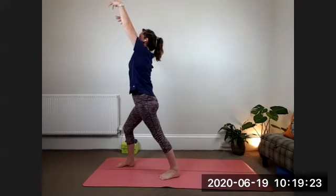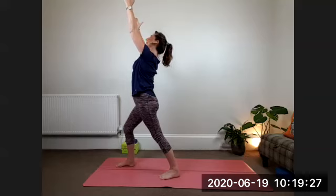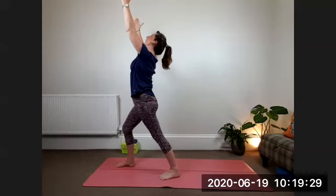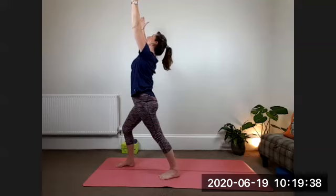Inhale, floating arms up. As you exhale, slide your shoulder blades down the spine. Take that tension away from the neck. So you've got a nice open chest here. Palms are facing each other, and your gaze comes up between your hands, gazing up towards the ceiling or the